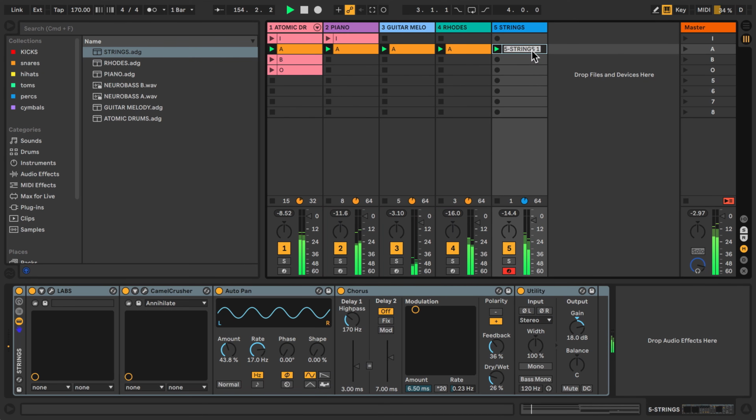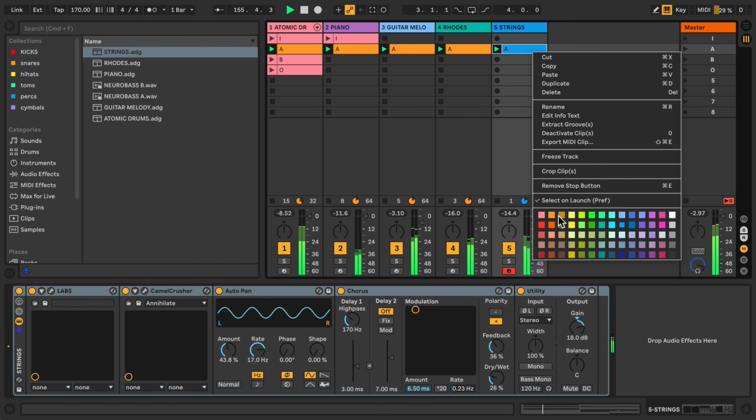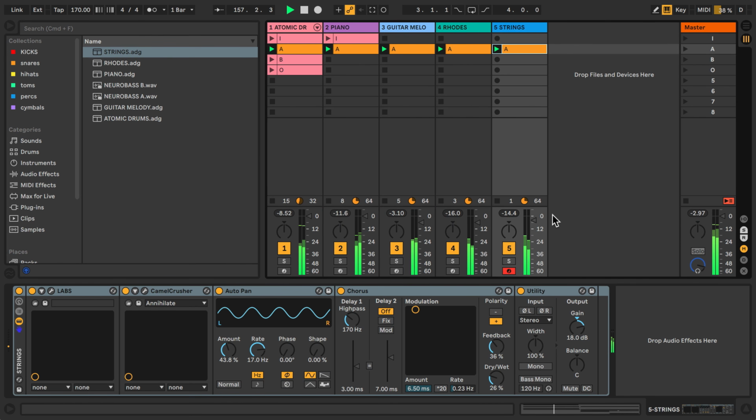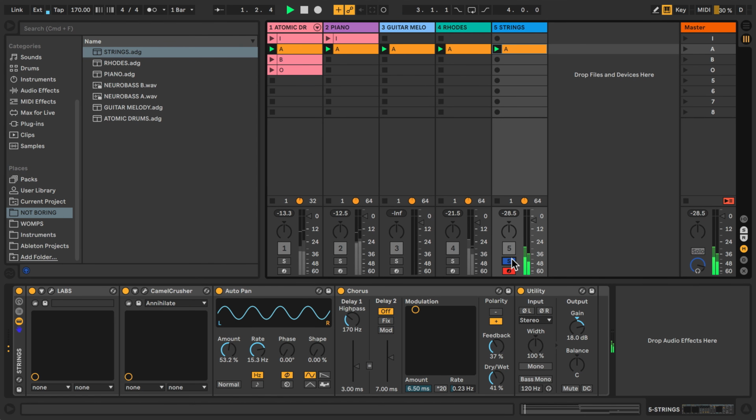Once again, color code that, call it A, sounding amazing. Okay, so those strings are sounding pretty good, but let's see if we can make them sound a little bit more dynamic. On the strings patch, I'm going to go ahead and solo it out, and you'll see that there's